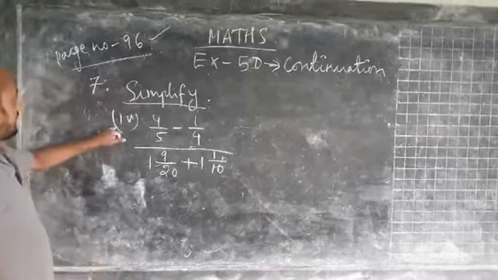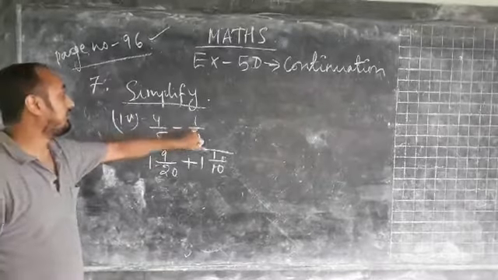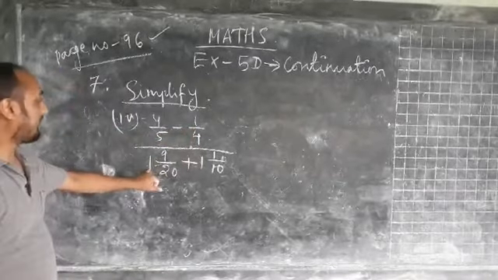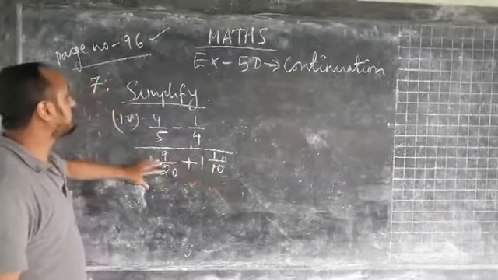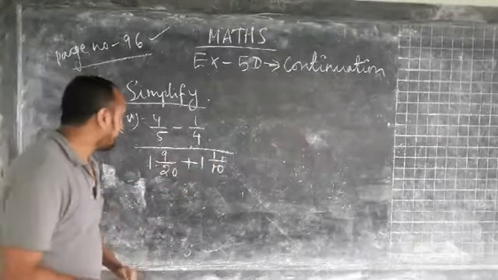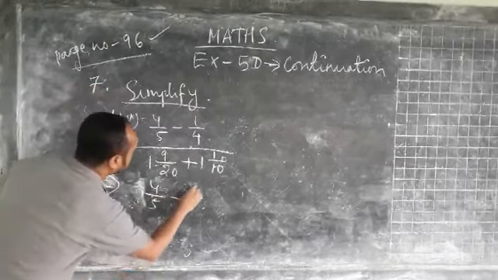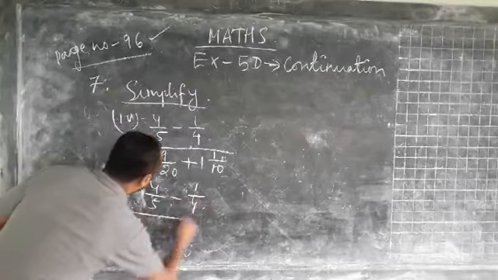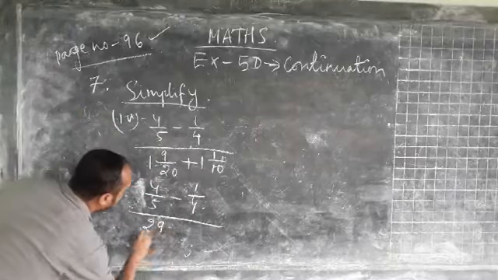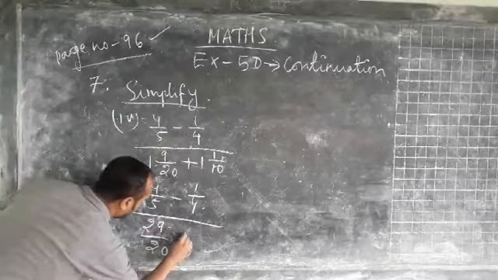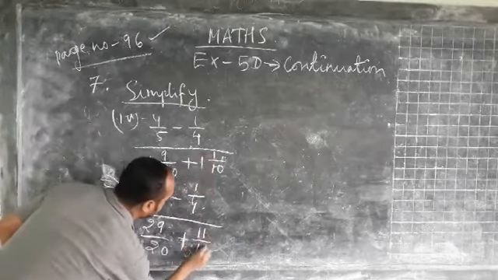Now question number 4 of this question number 7, simplify, we have 4 by 5 minus 1 by 4 divided by 1 9 by 20 plus 1 1 by 10. So here we have to first convert this into simple fractions. So first step, we will do 4 by 5 minus 1 by 4 divided by 20 plus 9, here we will get 29 by 20 plus 10 1 is 10 plus 1, 11, 11 by 10.